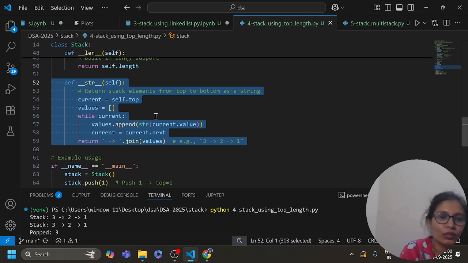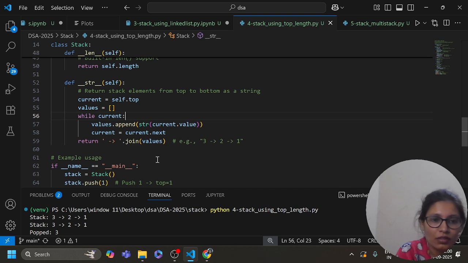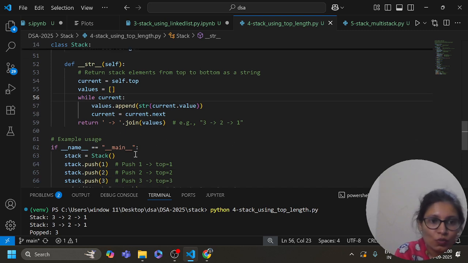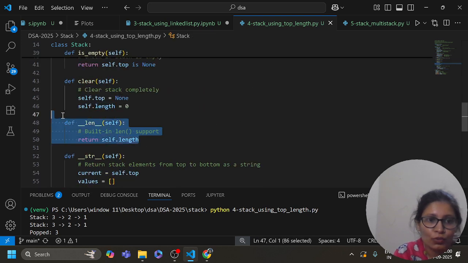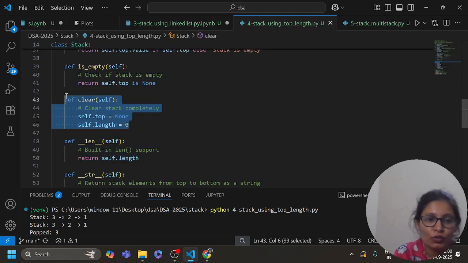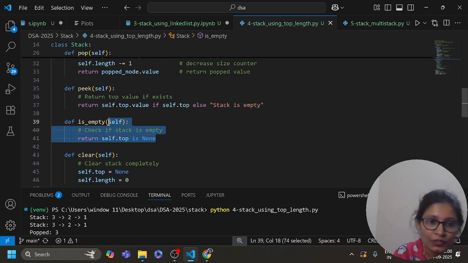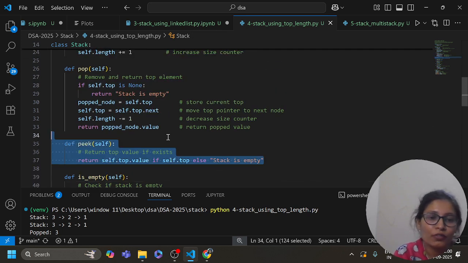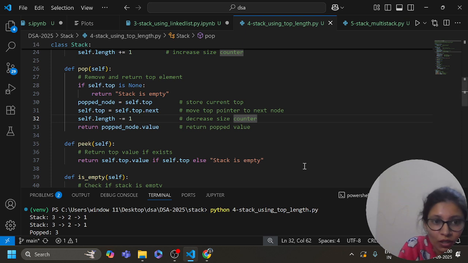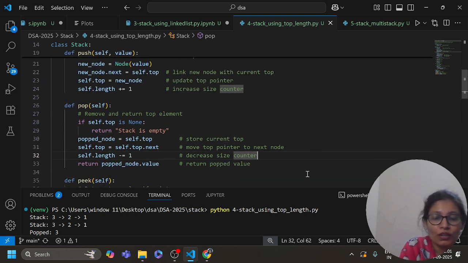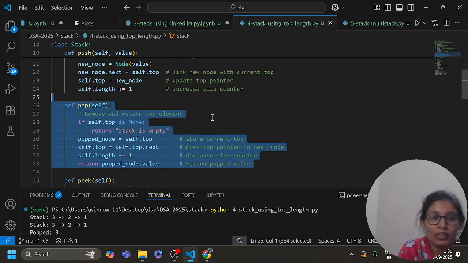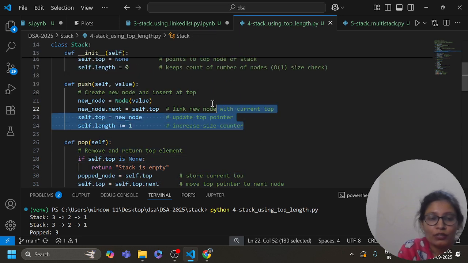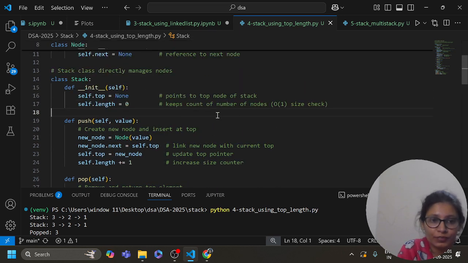So this is our result. This is used to calculate the length of the stack, and this is used to clear the stack completely, and this is used to check if the stack is empty, and peek is used to return the top element from the stack, and pop is used to remove the top element from the stack and return it, and push is used to append an element to the stack.